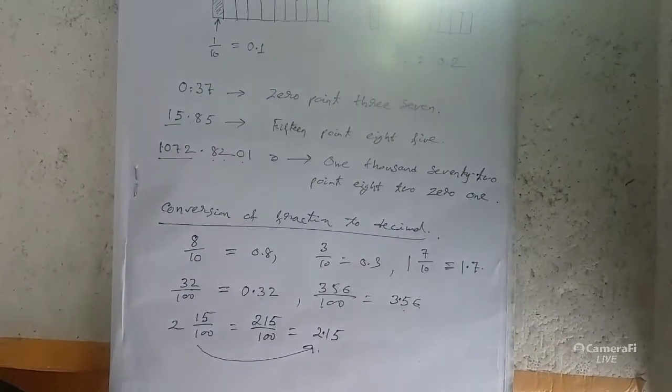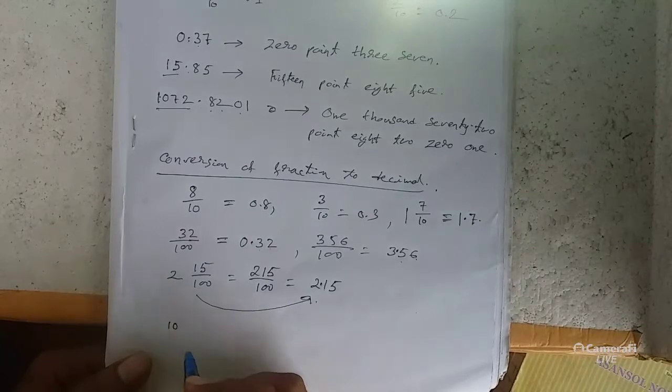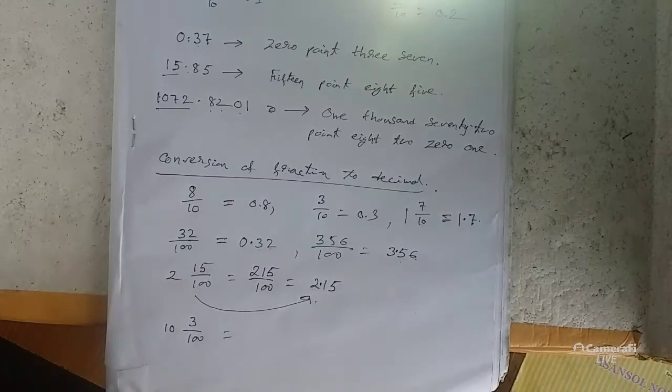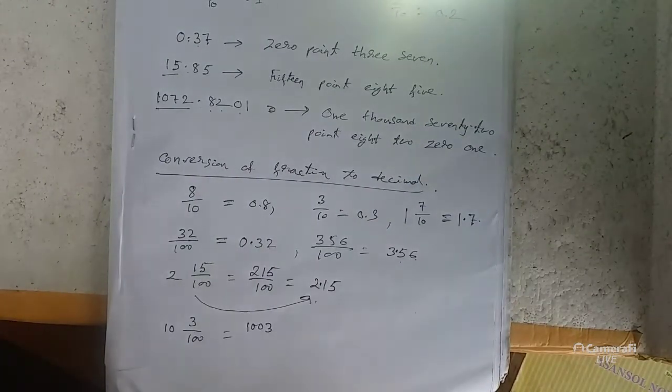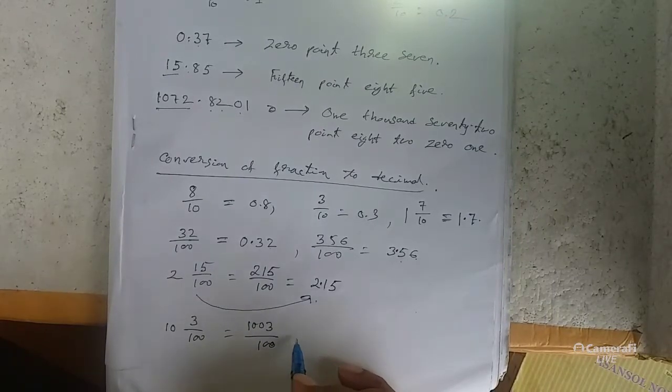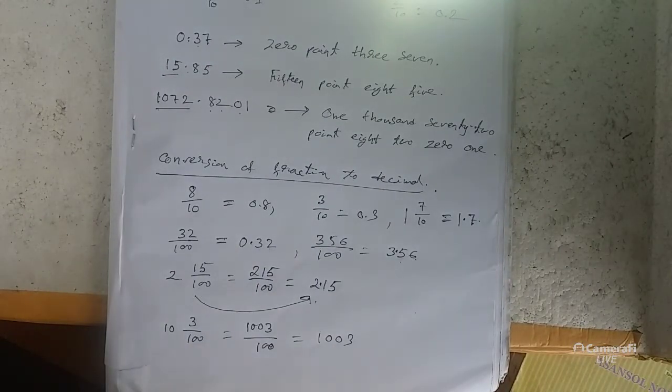Let us give another example. Suppose the number is 10 whole 3 by 100. Convert this mixed fraction into improper. So, 10 times 100 is 1000, 1000 plus 3 is 1003, denominator 100. Now, write that numerator number completely, 1003. Put the decimal after 2 digits from the right, 1 and then 2 zeros. So, 1, 2, put the decimal here, 10.03 becomes the number. So, in decimal it becomes 10.03.